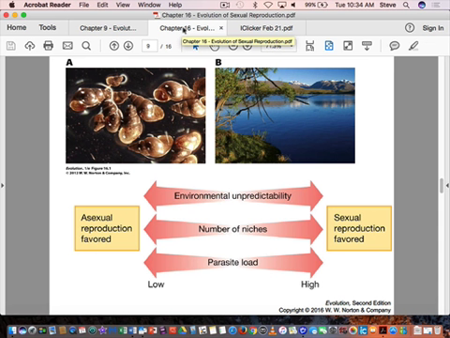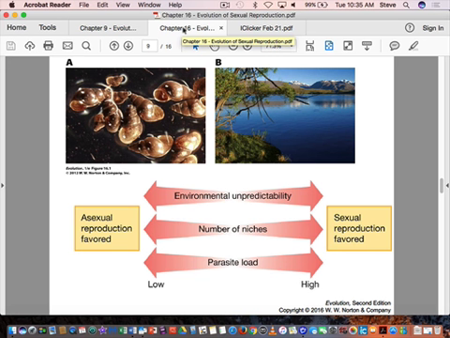Variability, right? You clone yourself, you're producing exact clonal replicates. There might be some cost in terms of being able to respond to environmental variation, and that environmental variation could be a lot of different things. We're also going to talk about how it affects mutation accumulation, which is believed to be one of the biggest things. Okay. So here's the idea. Here's the New Zealand snail, and beautiful lakes in the South Island of New Zealand where this work has been done. So here are some of the ideas that we're going to talk about. We're going to look at each one of these hypotheses.